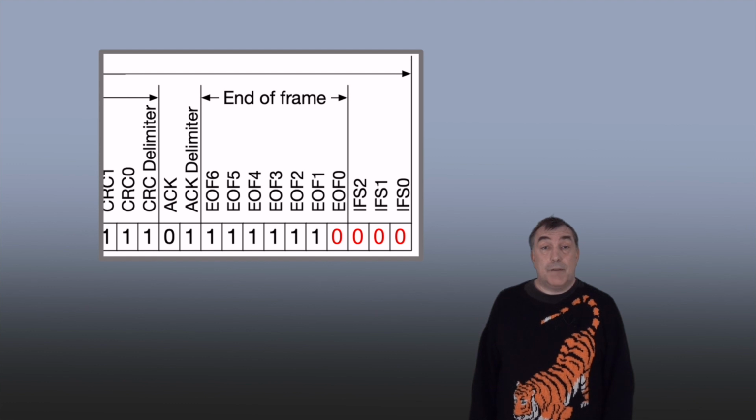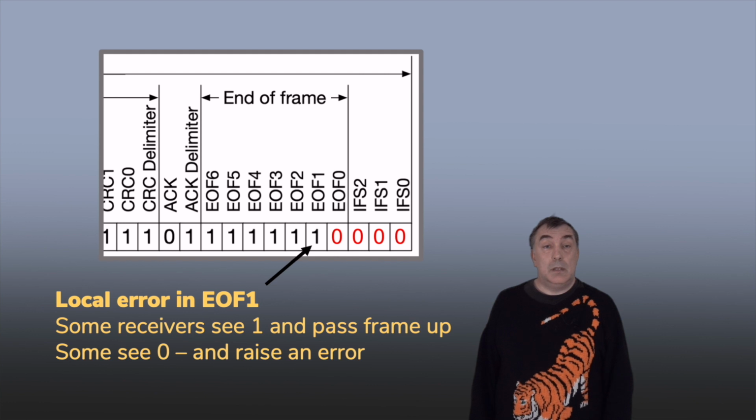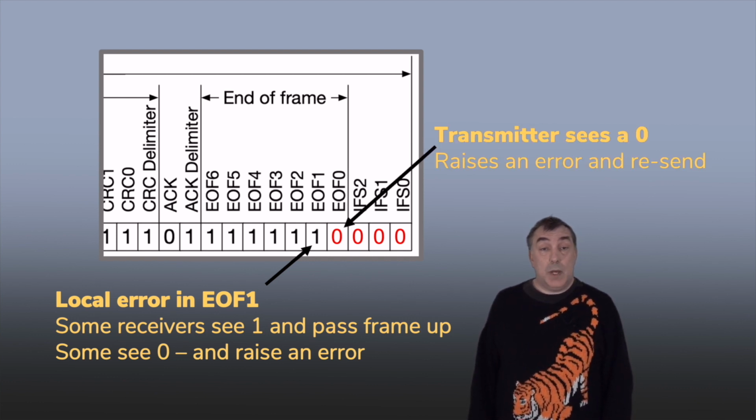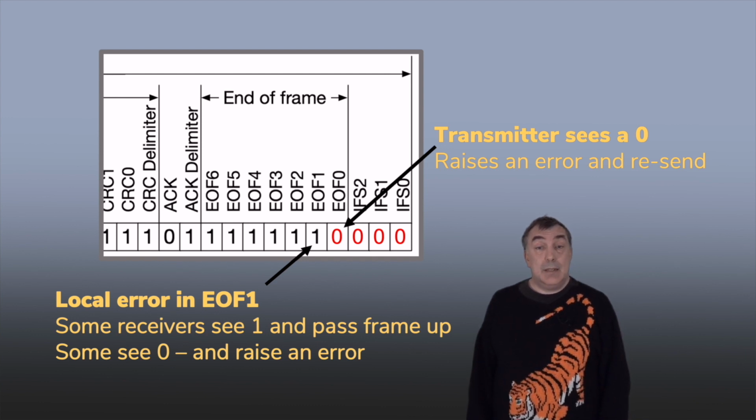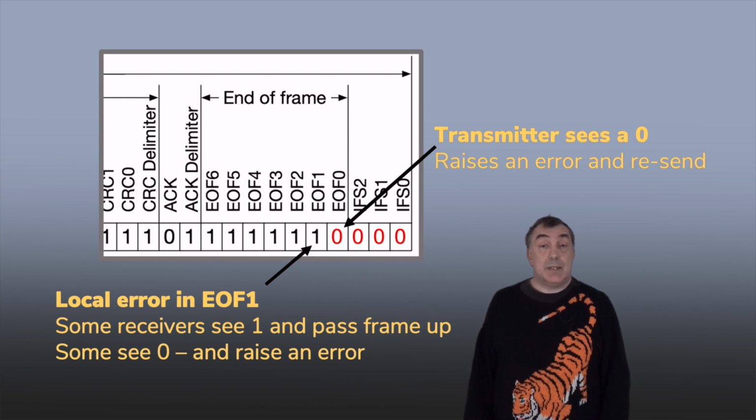For receivers, a frame is deemed complete at the second to last bit of the end of frame field. A receiver that sees an error in this bit will raise an error flag, overwriting the next bits, but receivers that don't see an error will accept the frame. For transmitters, a frame is deemed complete if the last bit of EOF is read as a 1. If the transmitter sees a 0, then it raises an error flag and does not mark its frame as sent. It will re-enter into arbitration to be sent again, and it will be received again.